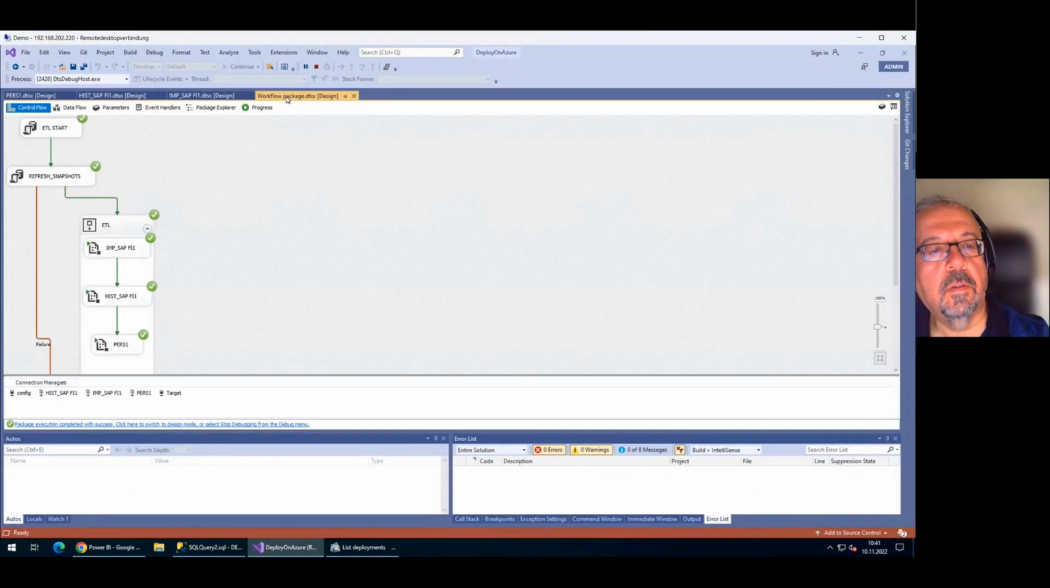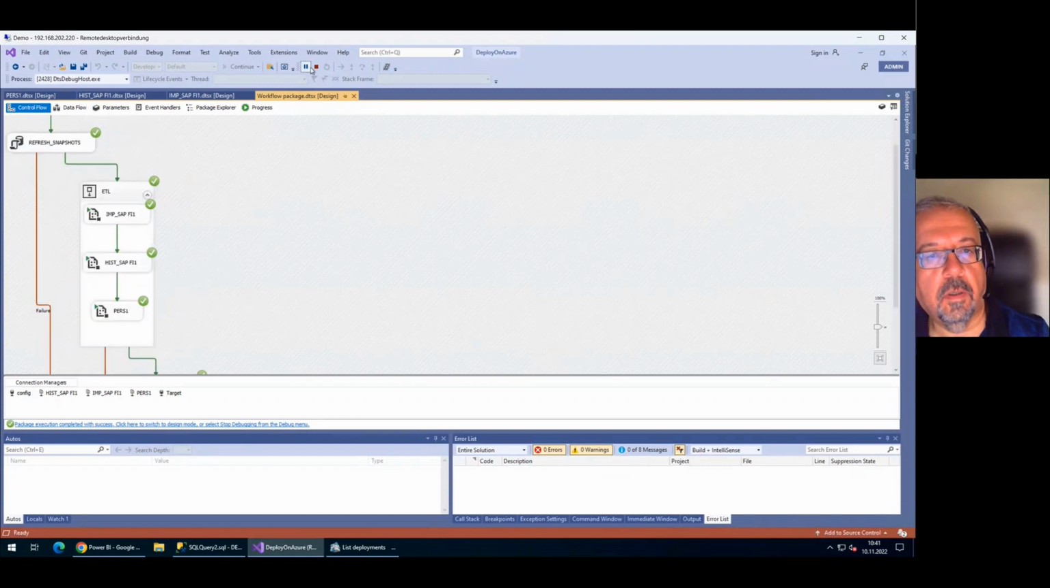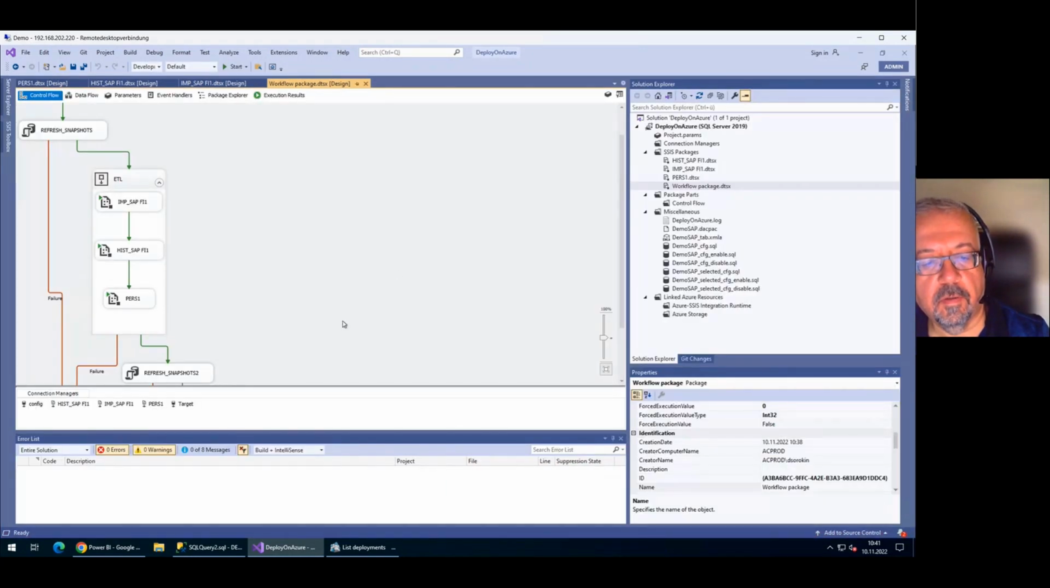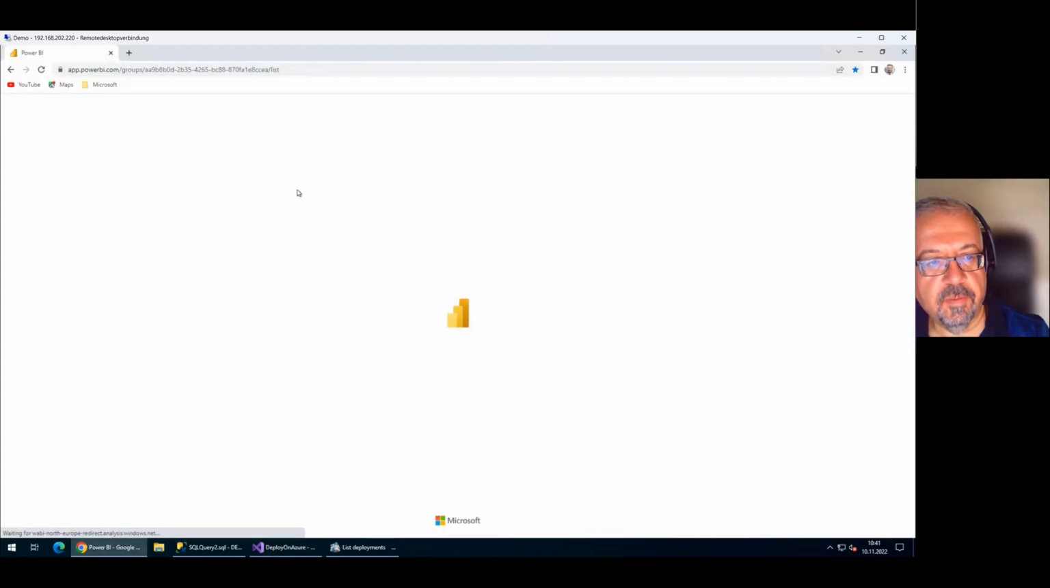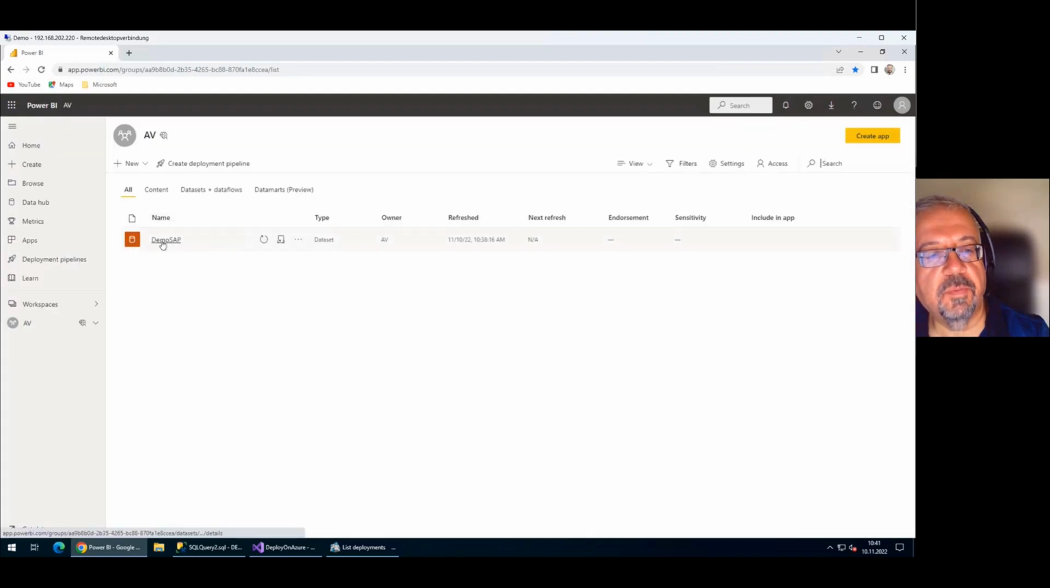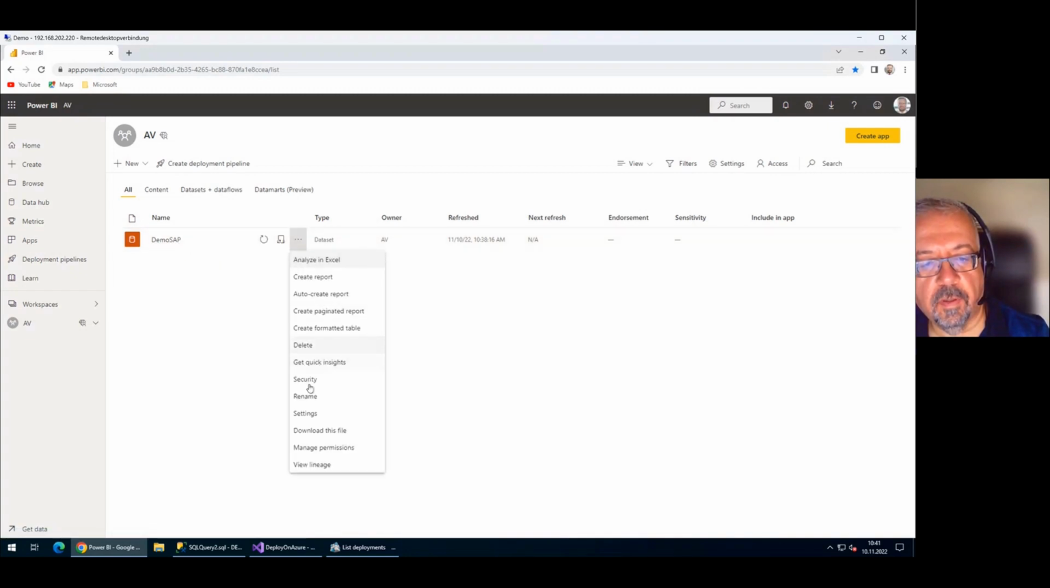Okay, our ETL process is ready. And now let's take a look at our Power BI workspace. In this workspace, we have the new data source. This is this demo SID which we generated right now. What we additionally have to do, we have to